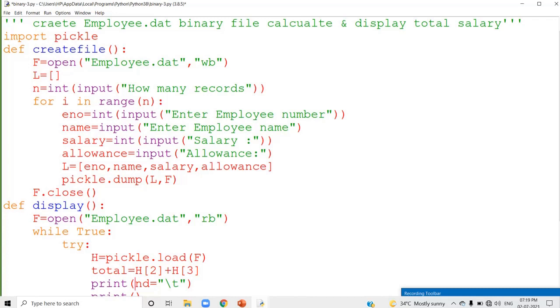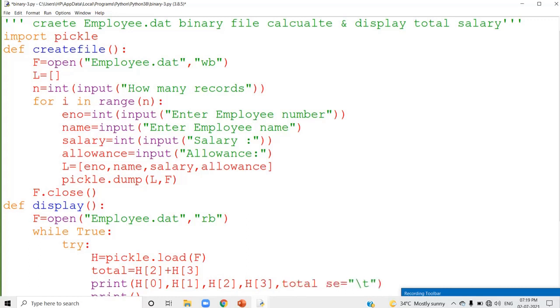Here I am just using directly, I am displaying the value h of 0, comma, h of 1, comma, h of 2, and h of 3. Again I am displaying the total also.